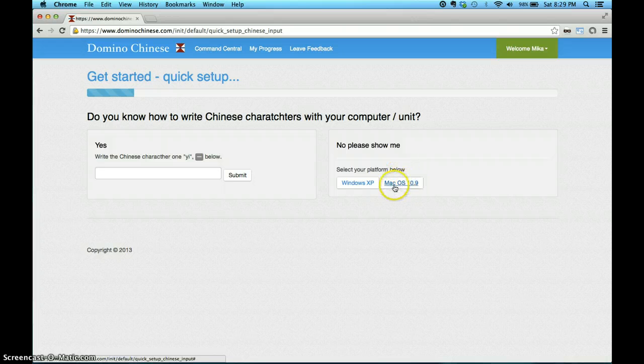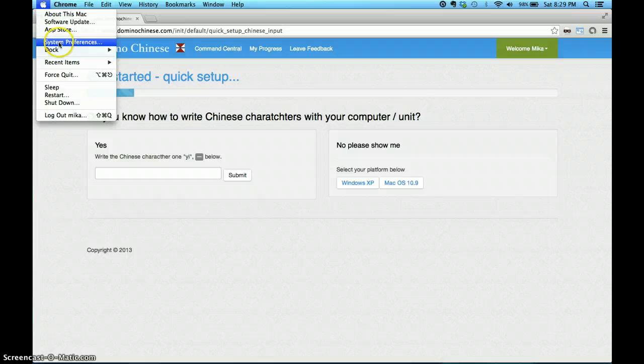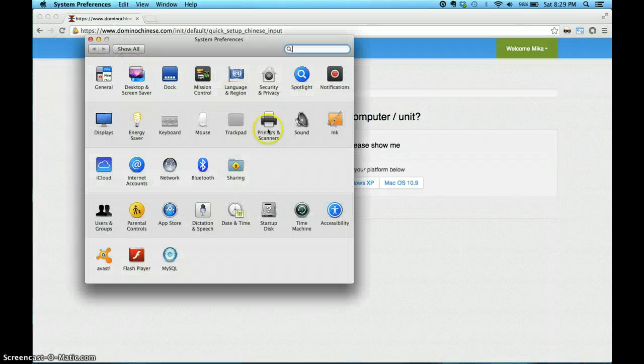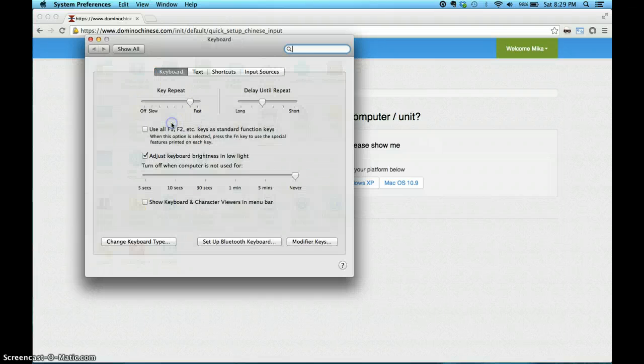So if we're on macOS 10.9, we're going to click the Apple up here. We're going to click System Preferences, and then on the second row down we'll find something called Keyboard. We click that and we get to this screen. We'll click the fourth tab, which is called Input Sources,